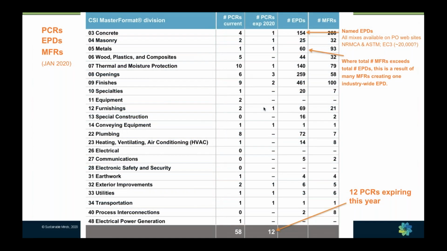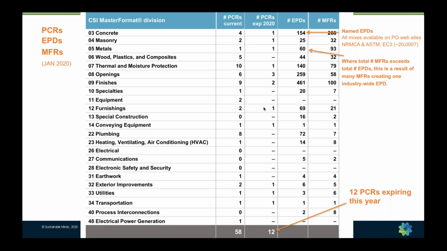So we actually track, no surprise, how many PCRs there are and how many EPDs got created from those PCRs and how many manufacturers are participating in each master format section. And what's surprising, and we're going to see what we can do about this, is there's a lot more PCRs expiring than there are new ones getting created, which means there could be a slowdown in this data that needs to be